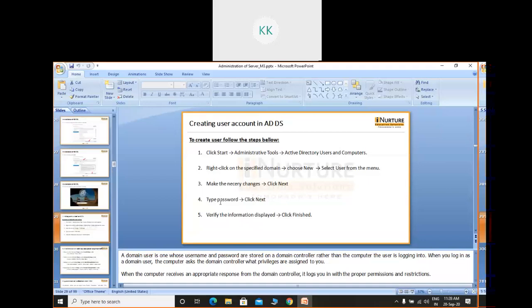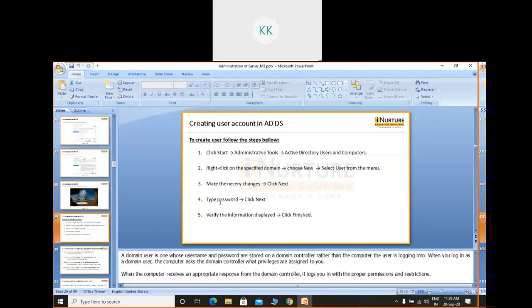Whenever you log in as this domain user, first of all your PC has to be entered into this domain. I have already shown you how you can add your PC to the domain. The only difference is that instead of the workgroup, you have to choose the domain name. Then it will restart your PC, and then it is automatically going to be joined.